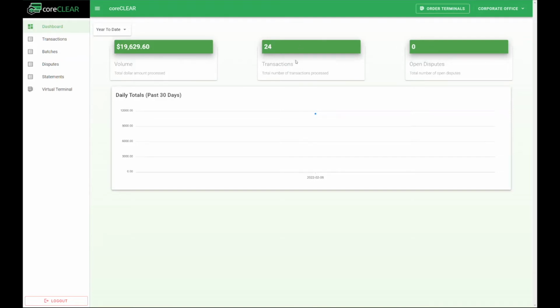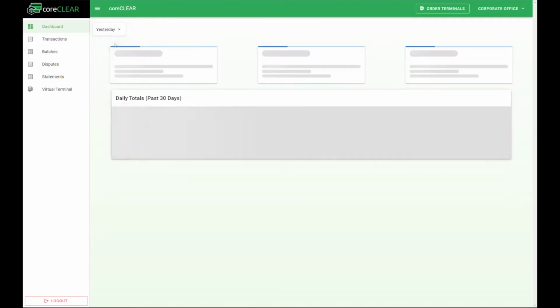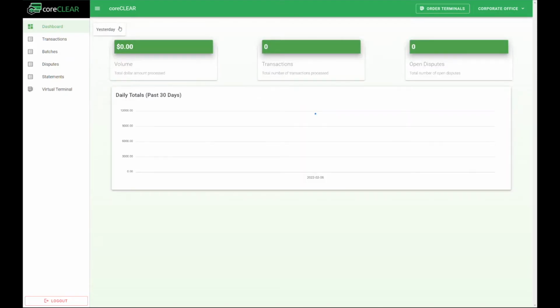These dashboard boxes here, you can actually change your information. If you want to look at just the current month, you can quickly see the current month. I can also change to yesterday, and it would show me all that information. Really nice, you've got the ability to quickly see your transaction volume and dollar volume